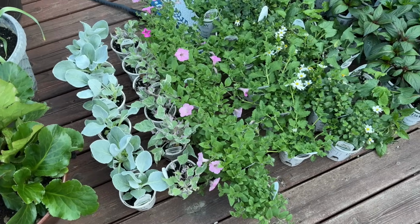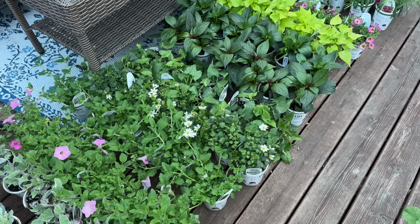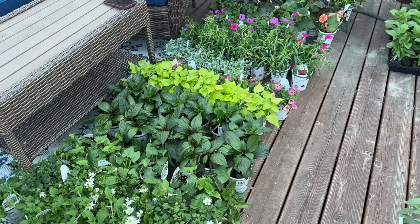My annuals from Proven Winners have arrived, and they have quickly taken over the deck. Now, I am lucky enough that this is the second year that Proven Winners has sent me annuals of my choosing. Like I've mentioned, I was first contacted by them in November 2022. I've been invited to a couple of their creator events, and they send me plants for free, which, what else